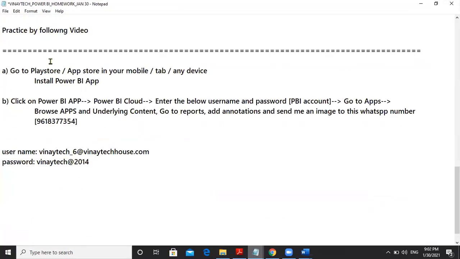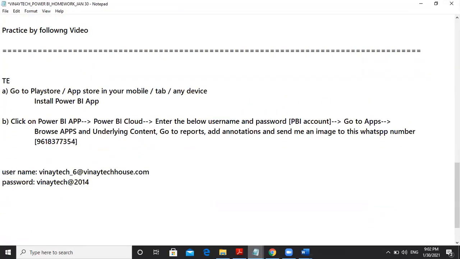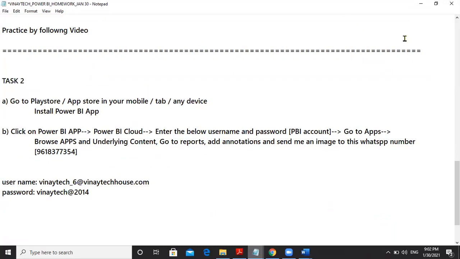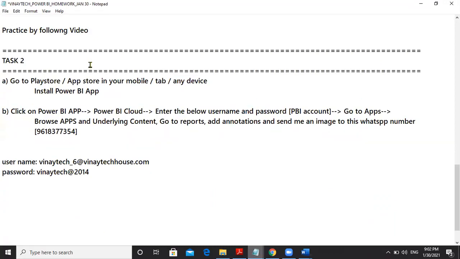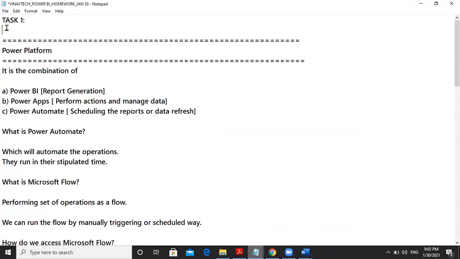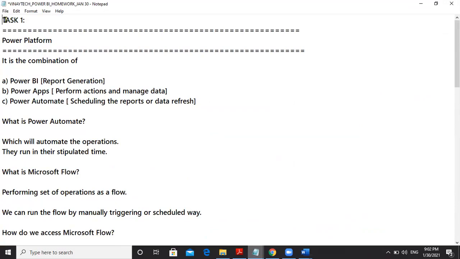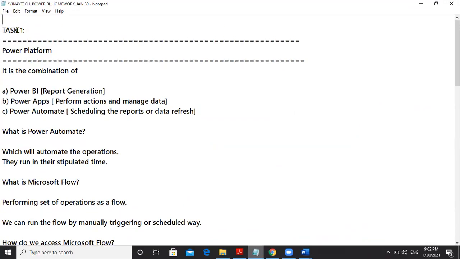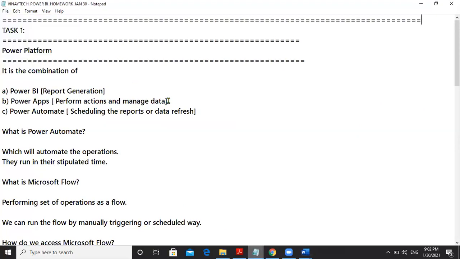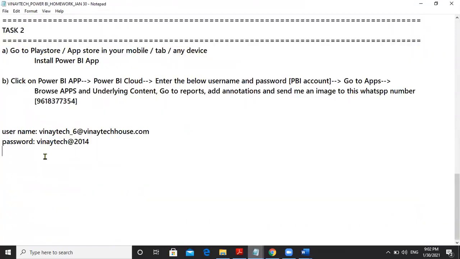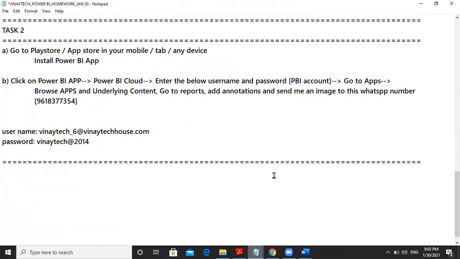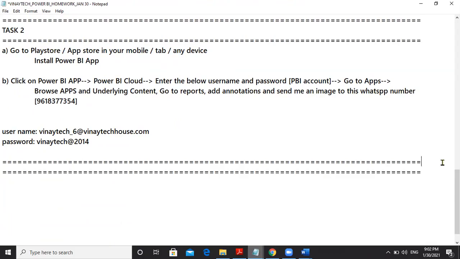This is the second task, Task 2. Or Task 3, the generic task.